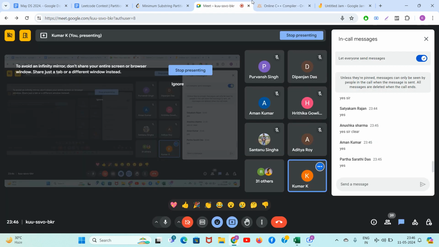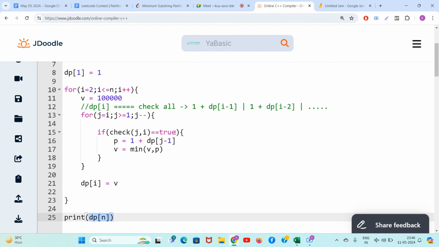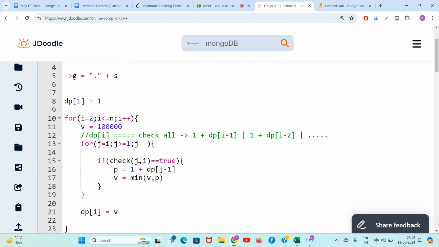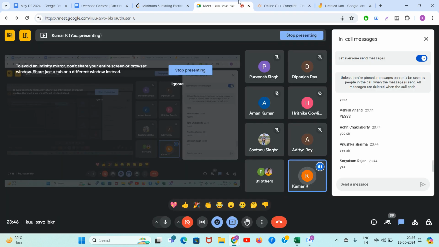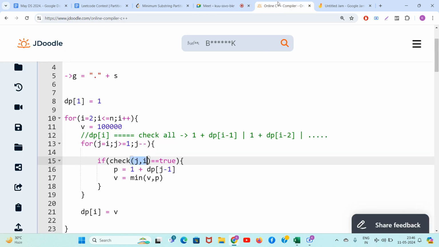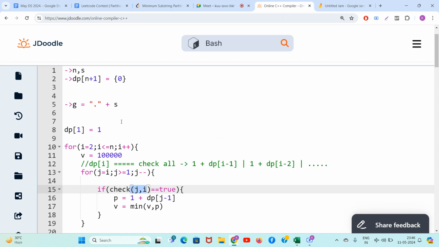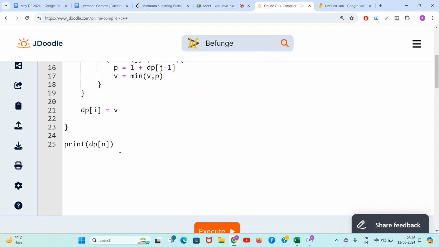Okay, but now guys comes the interesting part. How will you check if the part from j to I is valid or not? Guys, how will you check? Write your answers in the chat. This is the final thing we need to discuss. There are two methods. Yes, we can store the frequency of all the elements from j to I. Yeah. So in the check function, if you try to write the check function here,